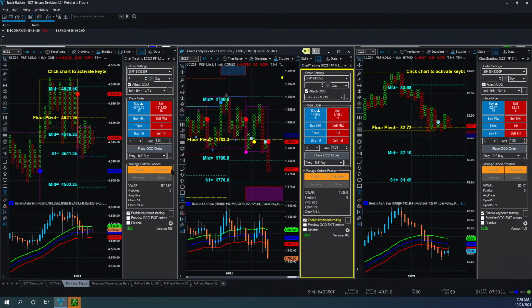Missed the entry. And too late to take it now, or it was too late to take it with. I'm trying to really follow the rules and not just jump in because I wanted to jump in. Crude is also threading this low here.